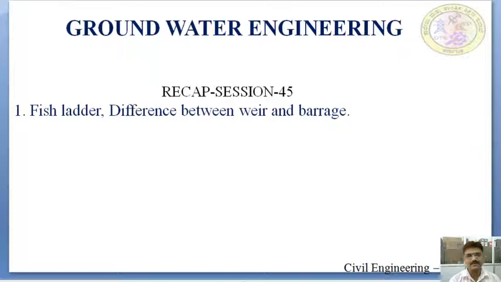Chances of silting on the upstream are more in the case of a weir. Silt entry into the canal is controlled by the operating gates in the case of barrages. The weir lacks effective control on the river during floods, but this is not so in the case of the barrage. The barrage has good control during floods. In the case of a weir, it is not possible to provide a road on the top of the structure, but in the case of the barrage, a roadway can be conveniently provided over the structure.